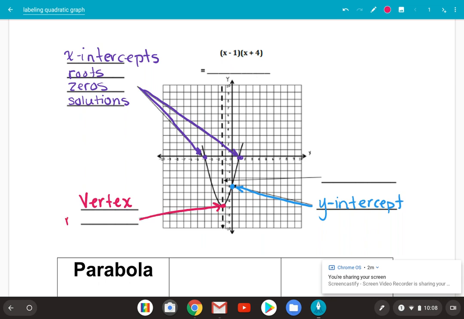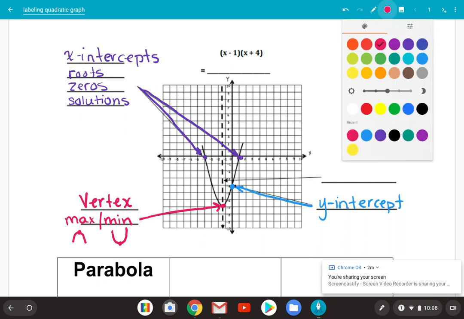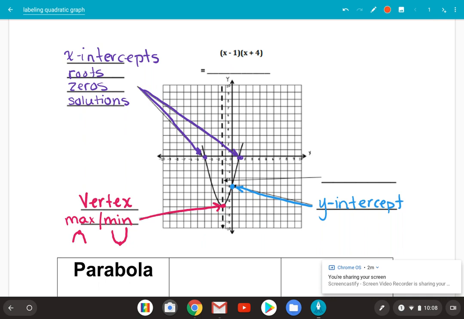We can also call it our maximum or our minimum, depending on if it's going down or if it's opening up. That's your max. Now, the last thing on this one is this dotted line